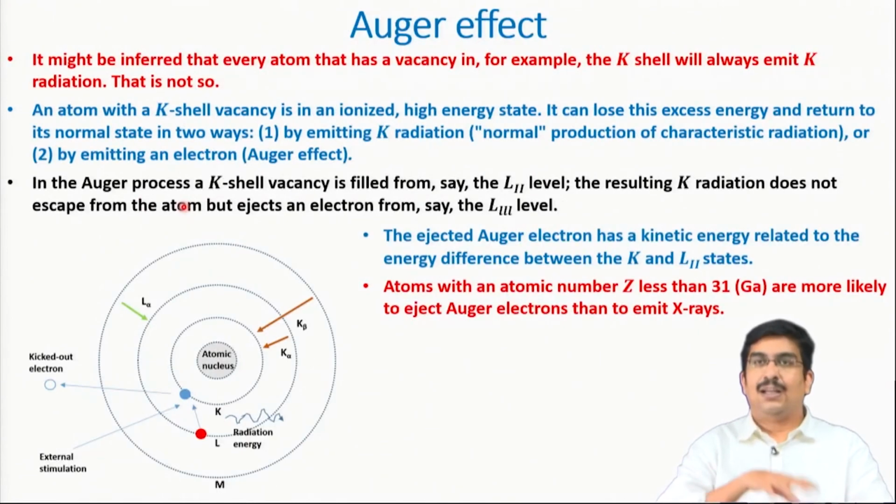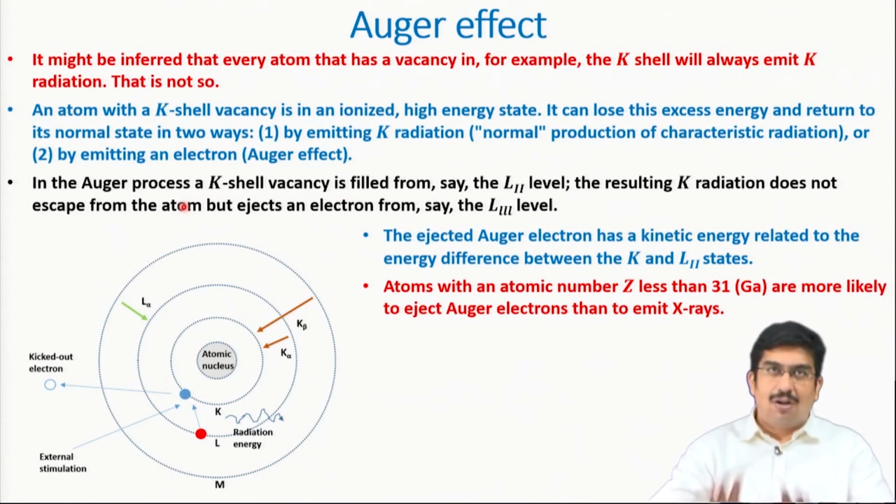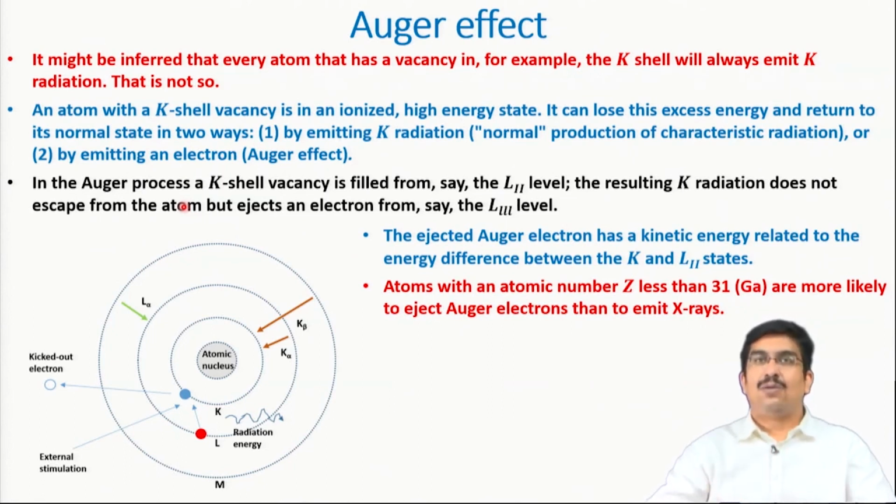Okay, fine. One thing we must understand is that instead of fluorescent radiation, we can also have an Auger effect. Just the same way we discussed the Auger effect in terms of electronic transitions, we can generate an Auger electron instead of characteristic fluorescent X-ray radiation. It is a slightly different process altogether, because here we have a K shell vacancy created by that incident X-ray photon, and then we can have normal K characteristic radiation emission, or